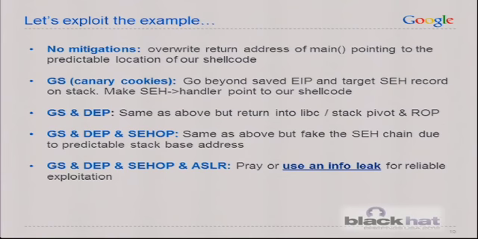GS, canary cookies. So yeah, instead of overwriting EIP, you go to the exception handler registration record, override the handler, and jump into your shellcode. If GS and DEP are enabled, you do the same, but since DEP is enabled, instead of returning to your shellcode you return into libc or do your ROP, return-oriented programming, or whatever technique you feel like. If SEHOP is enabled,